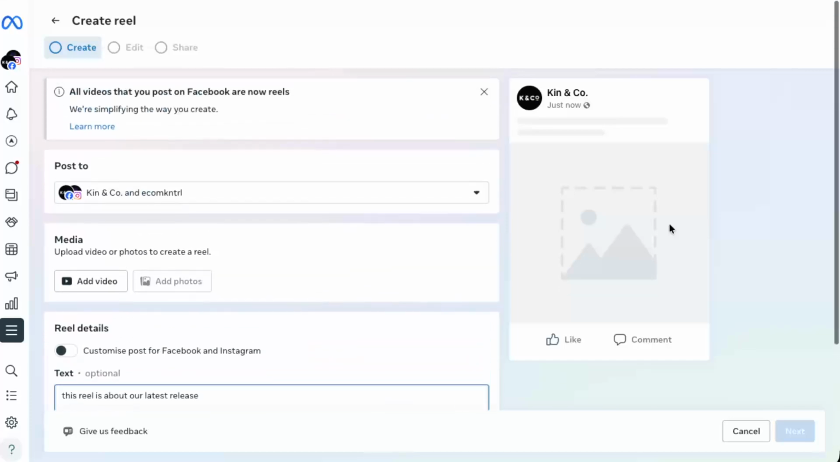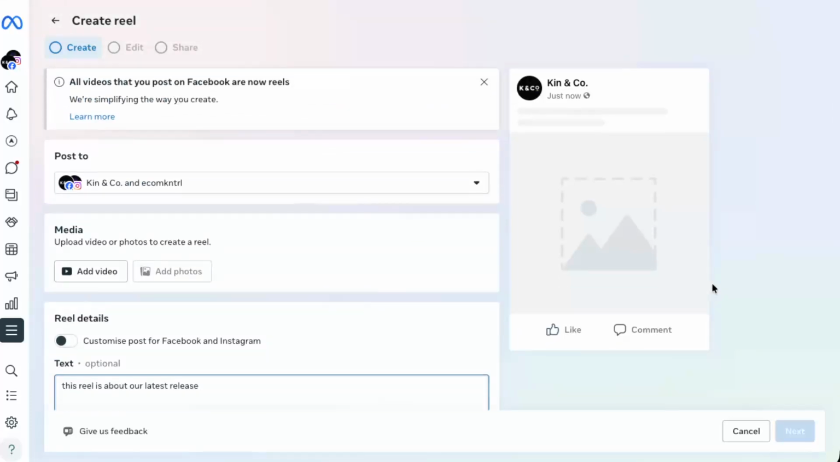Finally, when everything looks right, go to the sharing section on this final page. You can choose to publish the reel immediately or schedule it for a later time if that option is available. Once your choices are set, confirm and share your reel. Meta Business Suite will then process